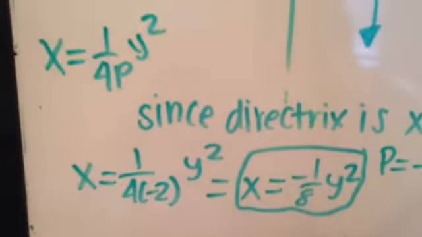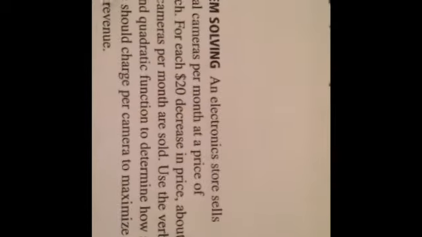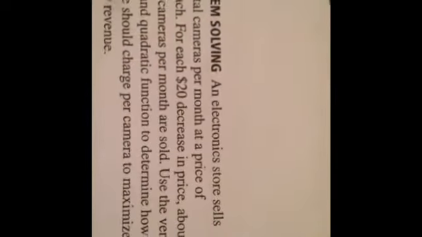What I'm doing next is a word problem. An electronics store sells 70 digital cameras per month at a price of $320 each. For each $20 decrease in price, about 5 more cameras per month are sold. Use the verbal model and quadratic function to determine how much the store should charge per camera to maximize monthly revenue. So up here I have the revenue of $320 times 70, and that's